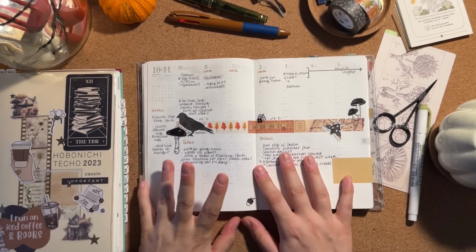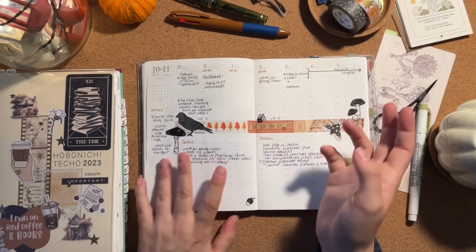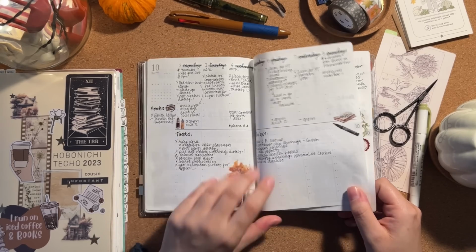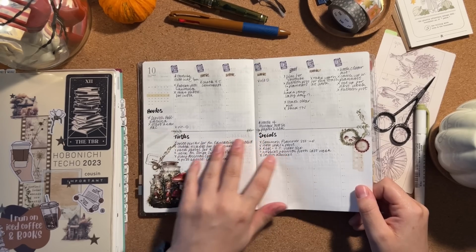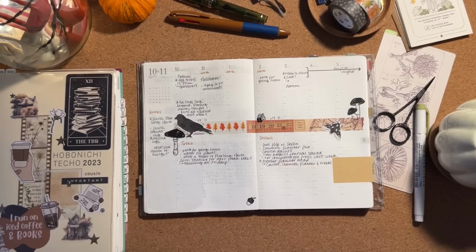So yeah, I don't use any other pen in here apart from fountain pen for headings, or sometimes this pen is a Pentel Touch, or these ones are written in a Tombow Fudenosuke hard tip. And same with these. So yeah, this is just very functional, like chuck it all down, but